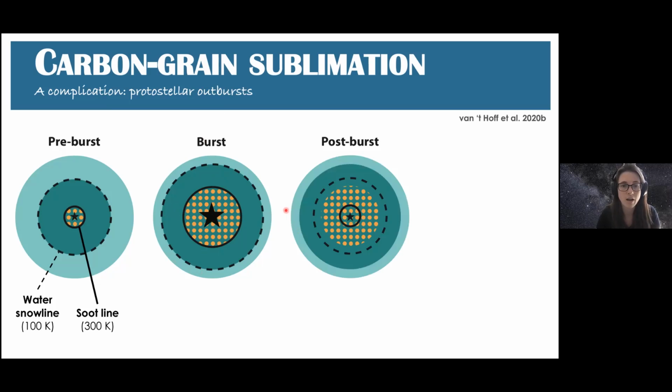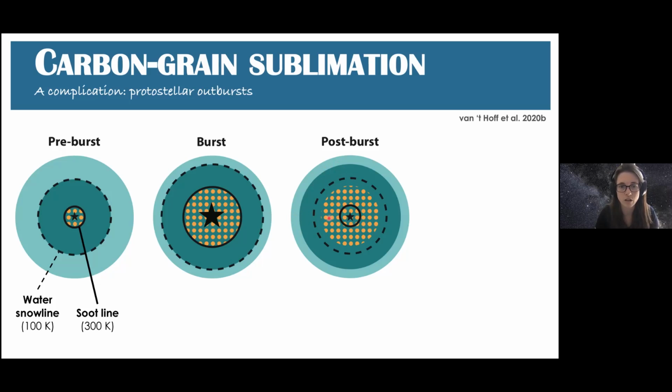But then after the burst, the star goes back to its normal luminosity and the temperature of the material reacts almost instantaneously, but the chemistry and especially the freeze out needs some time to catch up as well. So that means that the soot line and the snow line shift back to their original location, but these molecules that were released from the grains during the burst will need some time to freeze back out. So they will stay in the gas phase, even though the temperature would suggest that they need to be frozen out. So in this case, we might still see